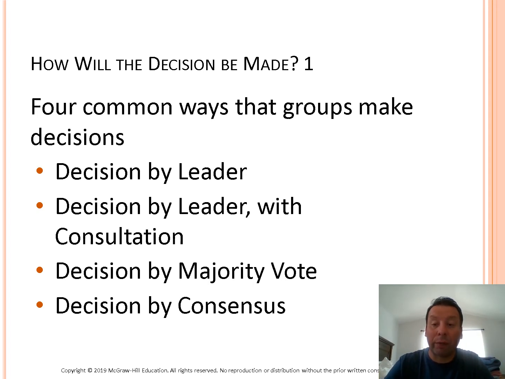There's decision by majority vote, and that's really the most common one, because when most teams reach a point where not everybody agrees, they'll say, all right, put your hands up if you want to do this, and three to five, okay, we're going to move forward. Sometimes you have to do that, because you're just arguing and never taking a step forward, and sometimes you just got to move forward. And then you have the decision by consensus, the idea that everybody has to agree. 100% everybody has to be on board with it, and if they're not, we don't move forward, right?